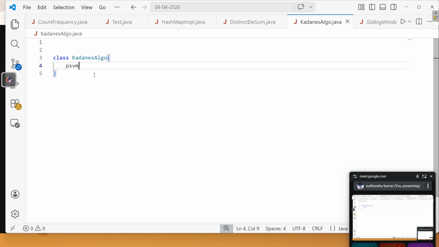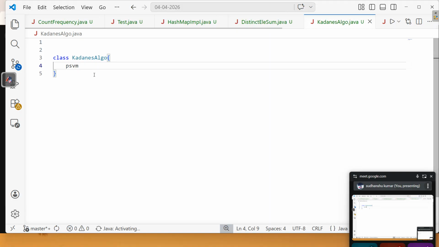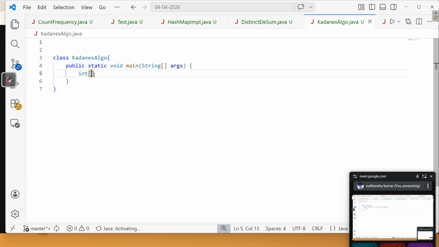Okay, so let's have an array. You can just choose any array, it does not matter. And now for this array, I want to implement Kadane's algorithm.